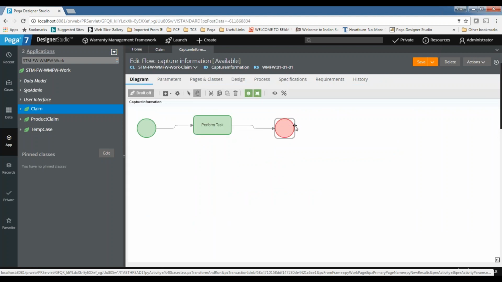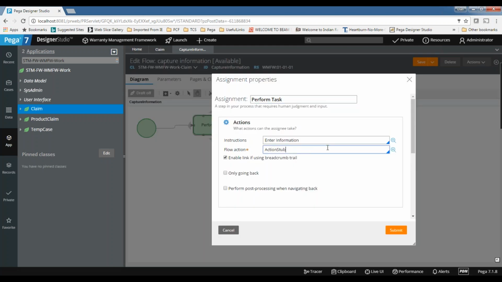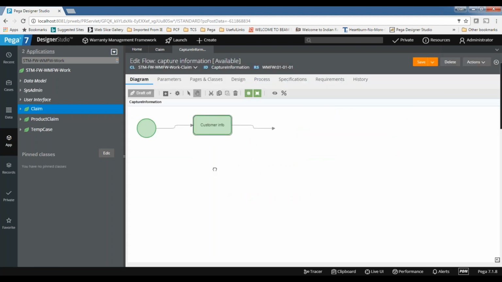Okay, now let me add the two screens. I already have flow actions anyway, so I will use existing flow actions only. Collect customer information, customer info. This is the first screen. The second screen I want to add. This is the second screen.